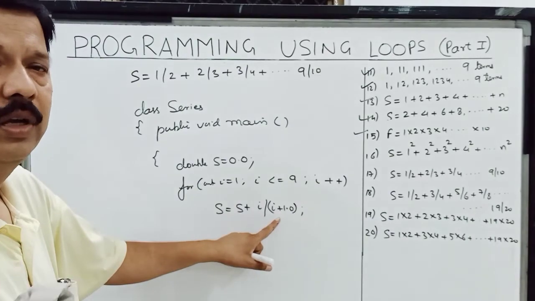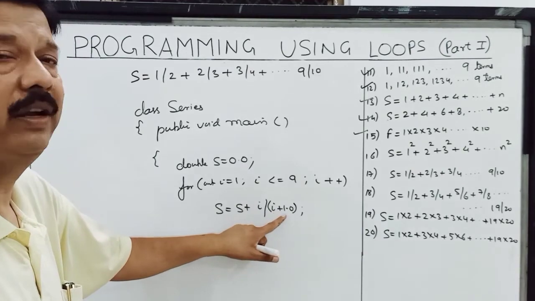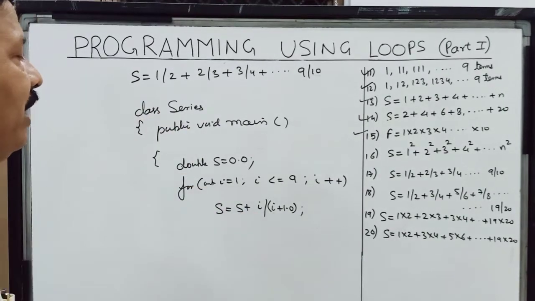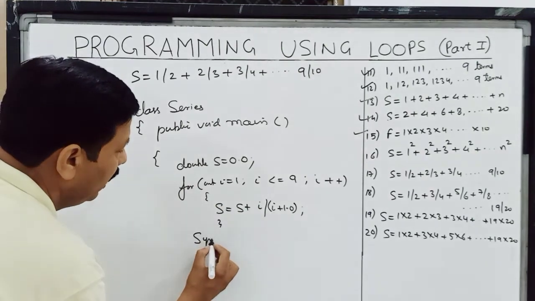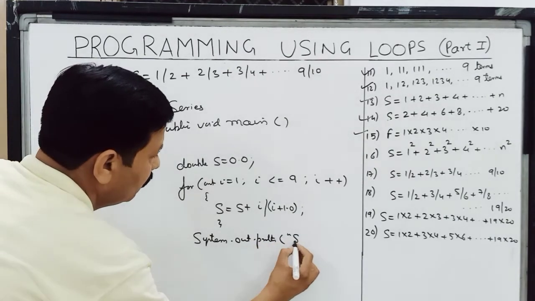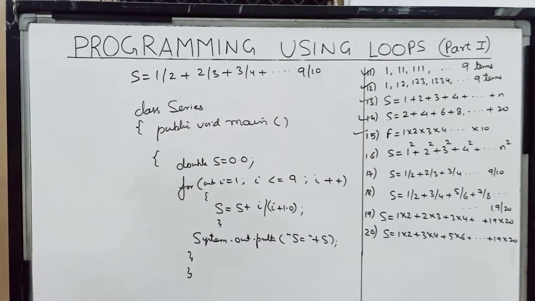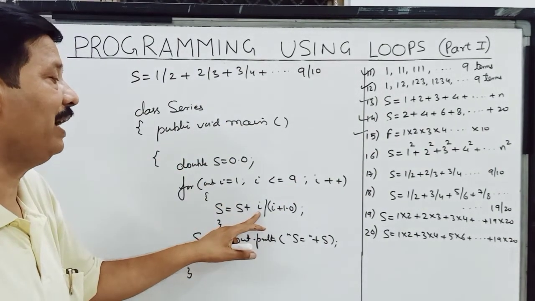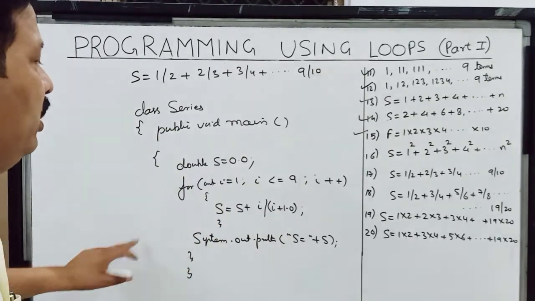I have given one video on type conversion. So this is integer plus double, which is going to make it double, and this double is going to make this double. So the value calculated here will come in double, and it will get stored in this. And this is the statement of the loop, and now I am printing. So children, I have taken it as 9 because this is the value, and when this will be 9, it will again be 10. So when 1 gets added to 9, it will be 10. So this is how we have done.